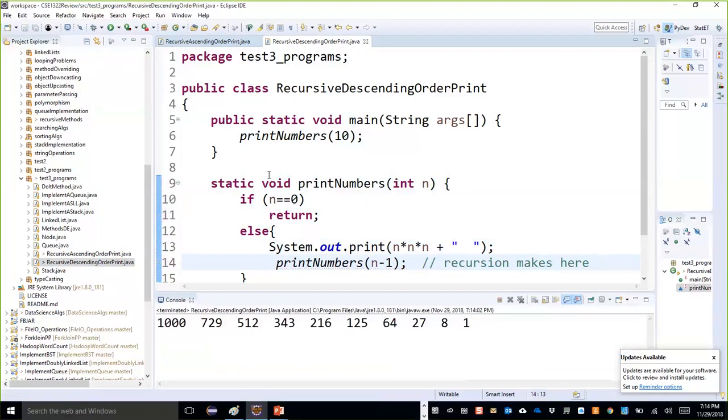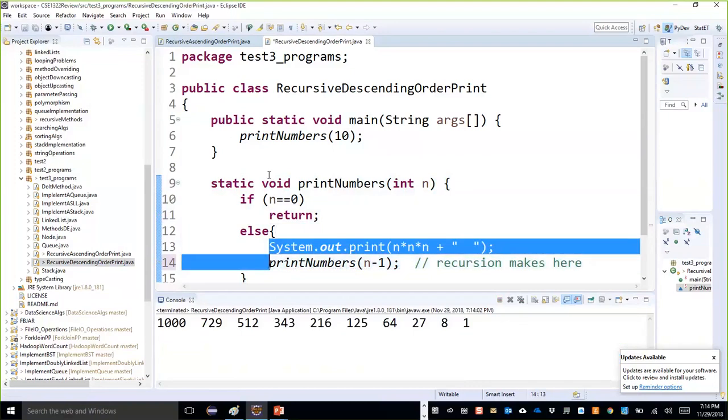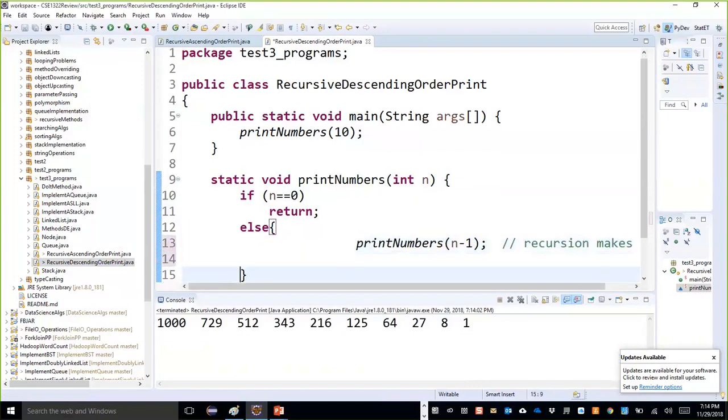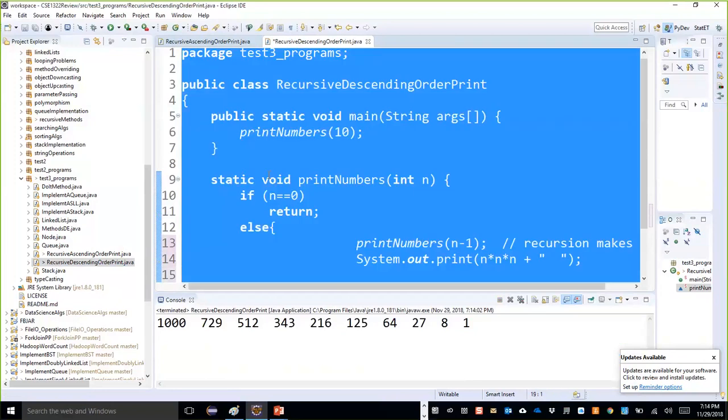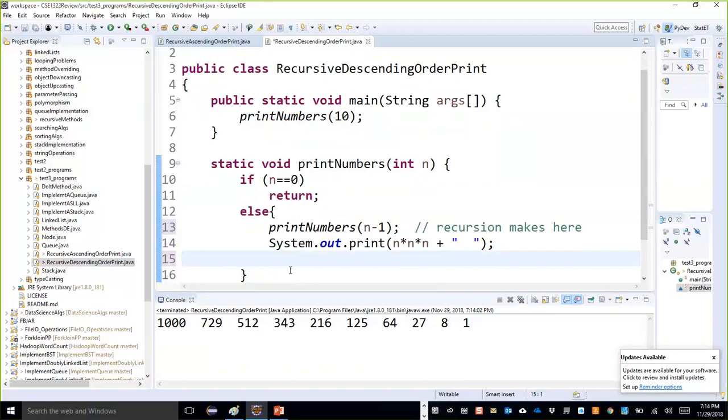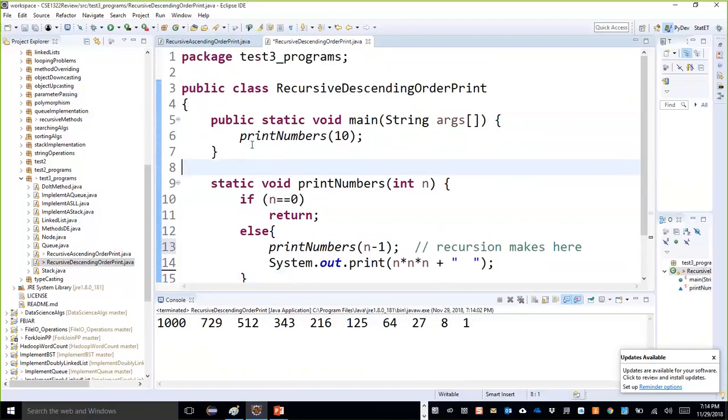At this time, if I bring this line here and down, then it should work. So if I know the logic, I can do square or square root or